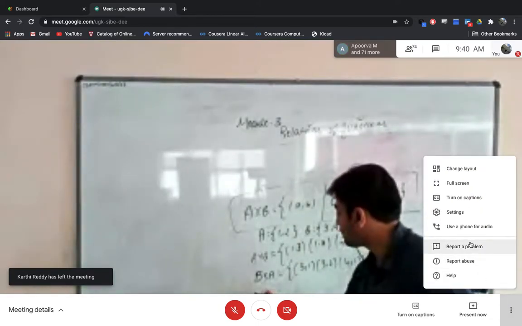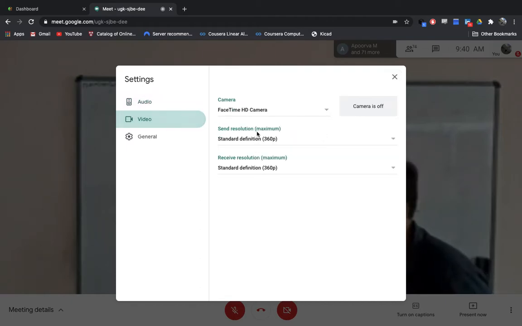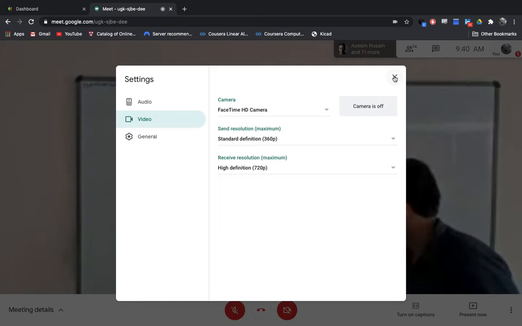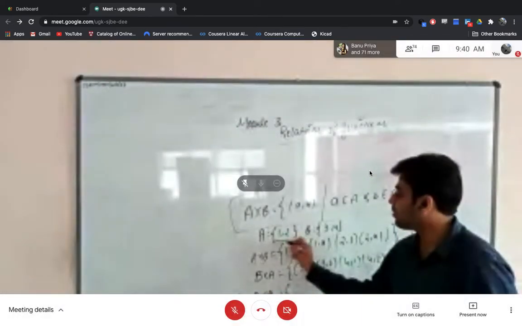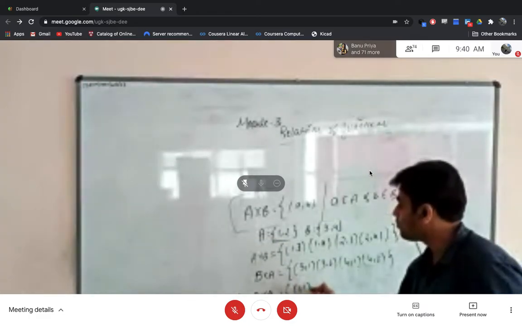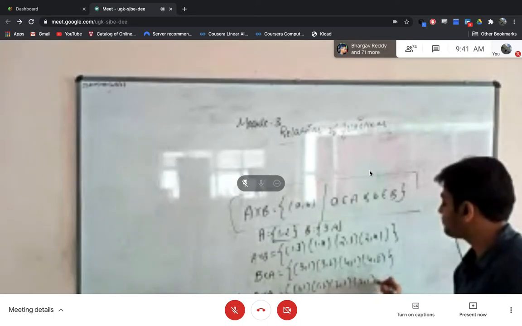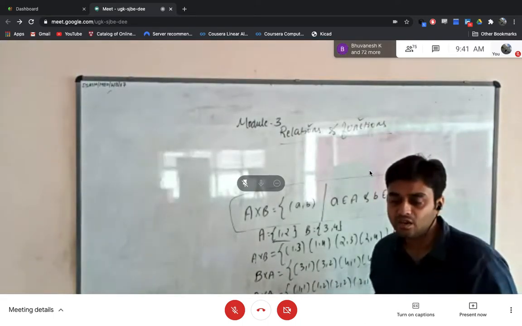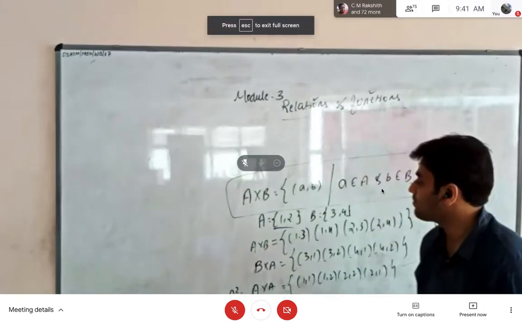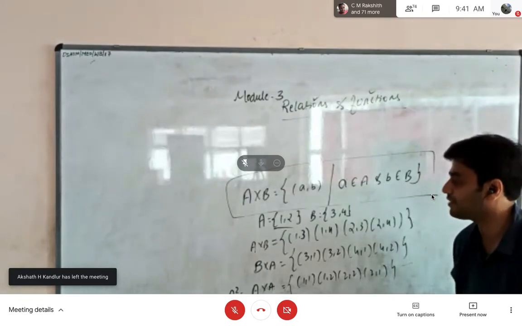Similarly, now I try to find A cross A. This A cross A is also called A square. Here I'm finding the Cartesian product from a set A to itself. So what does it contain? It contains 1 comma 1, 1 comma 2, 2 comma 2 and 2 comma 1. So these are all the possible ordered pairs. Based on the different examples we have taken so far...